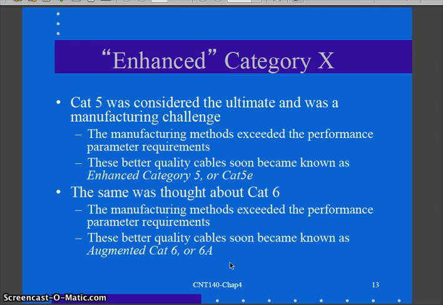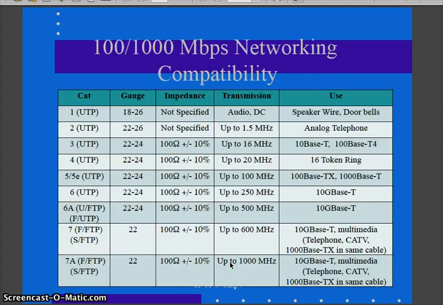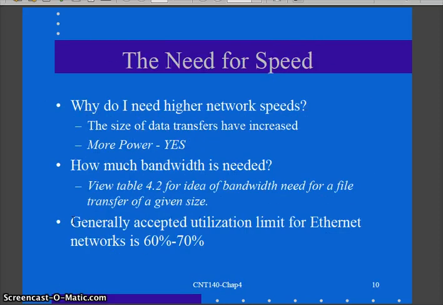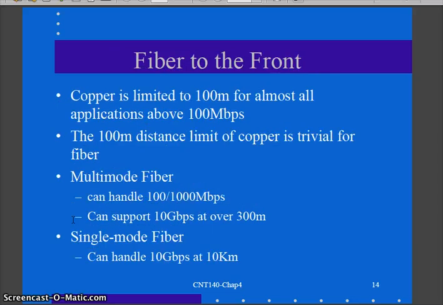And the same thing was true about 6. The techniques were so good, it kind of superseded 6, so they called it 6A or 6 augmented. Some of us can think of it as 6E, 6 enhanced, same idea. So that's why when we look back, I think I have my table back here. Let me zoom back real quick. As you look at your table, you have the 5, 5E, 6, 6A. That's where those came from. They kind of superseded what their expectations were, so they almost made another category above there.